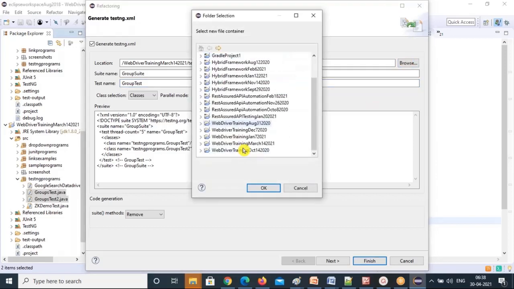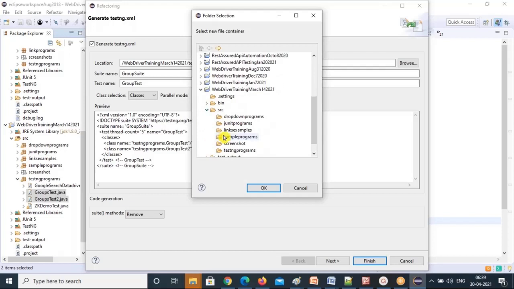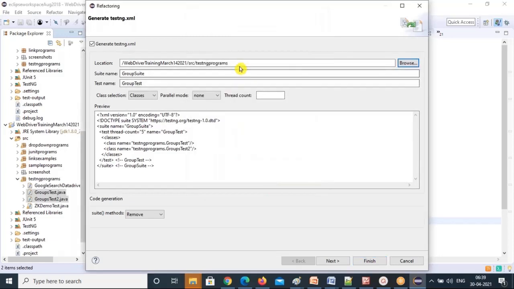So browse and go to our project, then src and testng programs, and give the XML file name groups testng.xml. Click on finish.